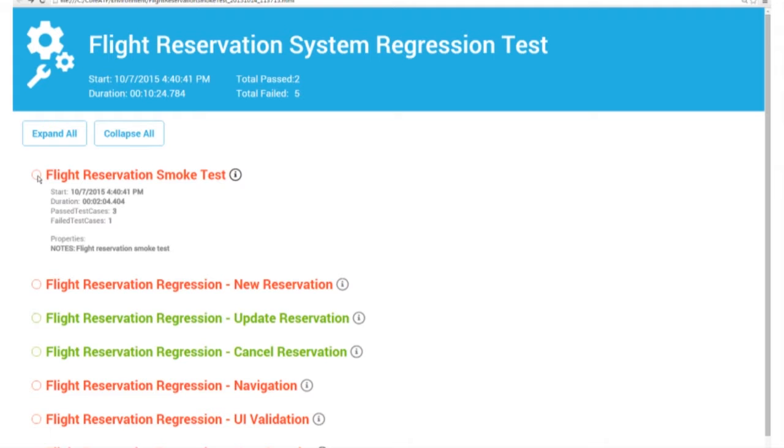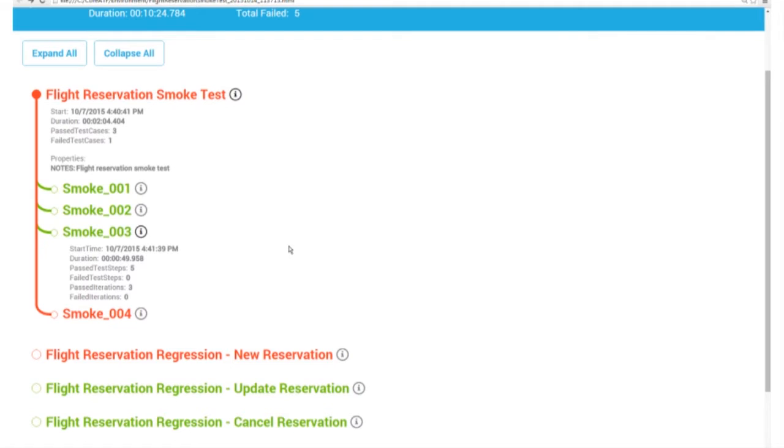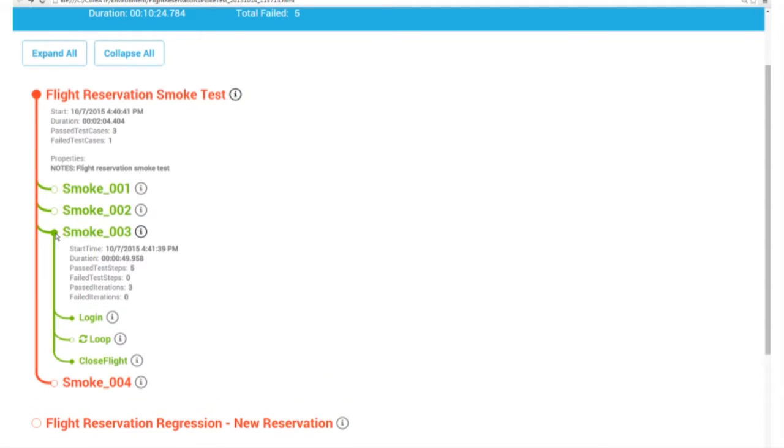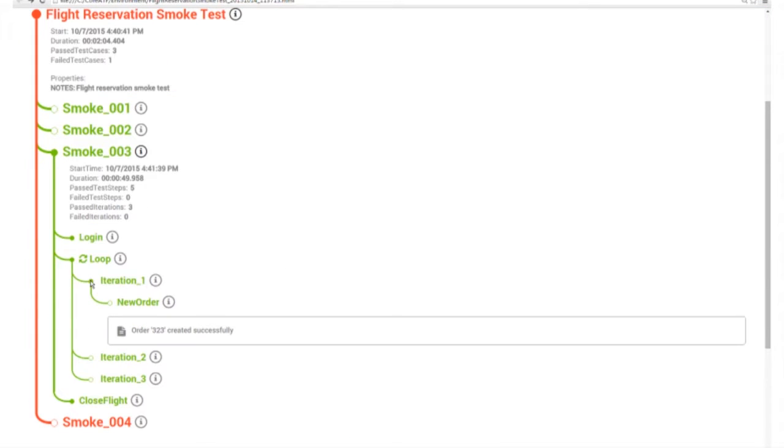At the test case level, again, we have start time, duration, but this time the number of passed test steps, passed and failed test steps, as well as, if it had a loop, the number of passed and failed iterations. So if we drill down here, we see that we log in, we perform a loop, and then we close the application. The loop contains each iteration independently, and we can see specifically what happened at the lowest level for